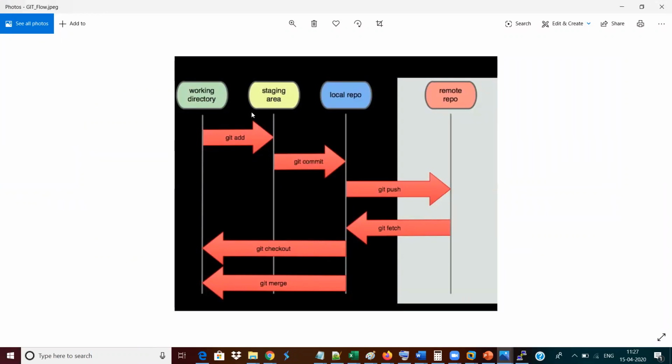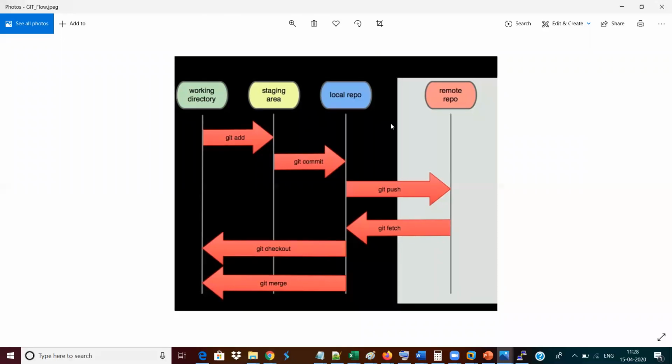Now my file is in the working directory. My file name is test. This file test, I need to move onto my staging area. For that, I need to use a command called git add. Once I move it to the staging area, I need to move it on to the local repository. Then I will use git commit. So the working directory needs to carry the file to your local repository. You need to have it in a staging area first, and then move on. Why? Because the staging area is a temporary location to store your data until before you commit it. So before you commit, you have this staging option available.